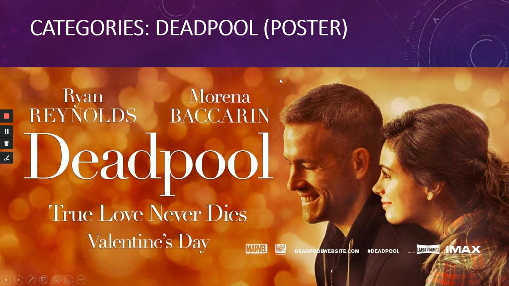We have this Deadpool poster. It was a billboard poster. I just want to say, it was a billboard poster. Why was it a billboard poster? So, what is it? Where was it? Why was it there? This was a little bit tougher, but not impossible.